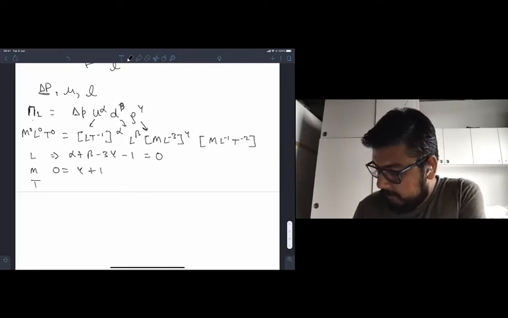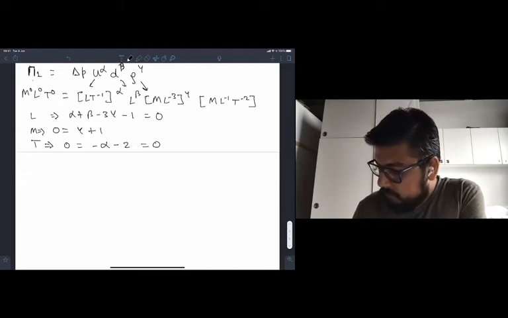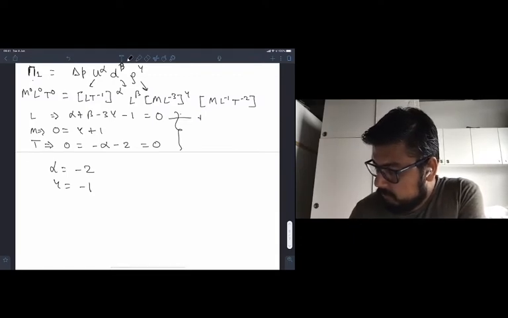And for time, again, I will get 0 equals minus alpha minus 2. So these three equations will give me alpha equal to minus 2, gamma equal to minus 1, and then if I put these two values in equation star over there,